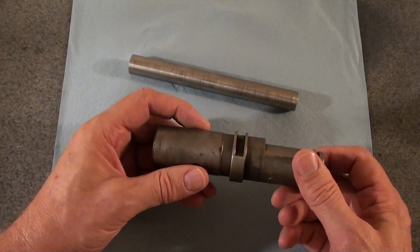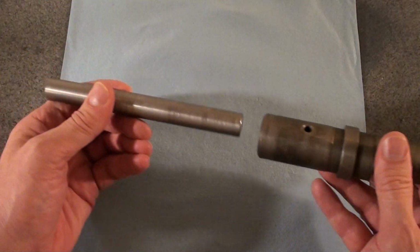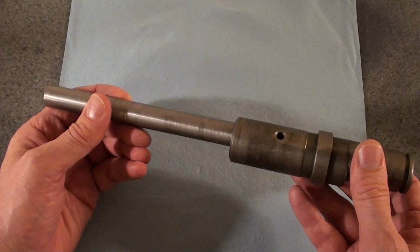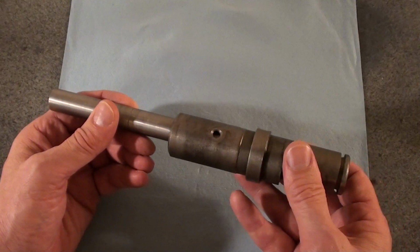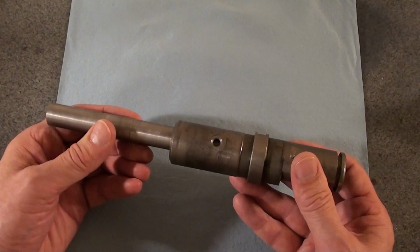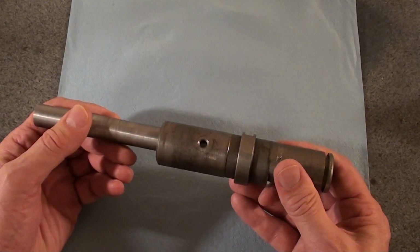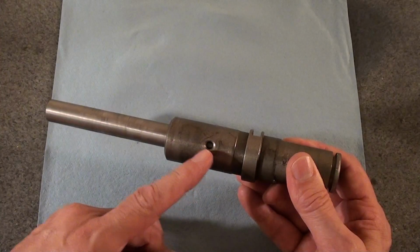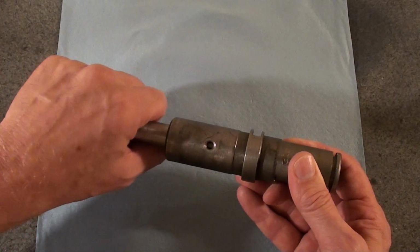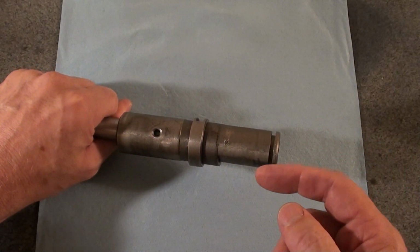So my thinking is to mount it on a mandrel. This is just a parallel mandrel that I made to see if it would go through the hole, which it won't, just like the shaft. This is a closer fit than the shaft. The shaft is a bit worn. And my thinking is to Loctite the bushing onto the mandrel, chuck the mandrel, and in the forge jaw,